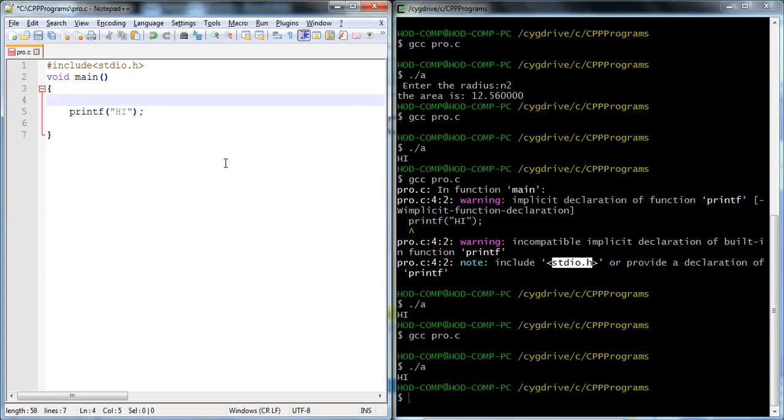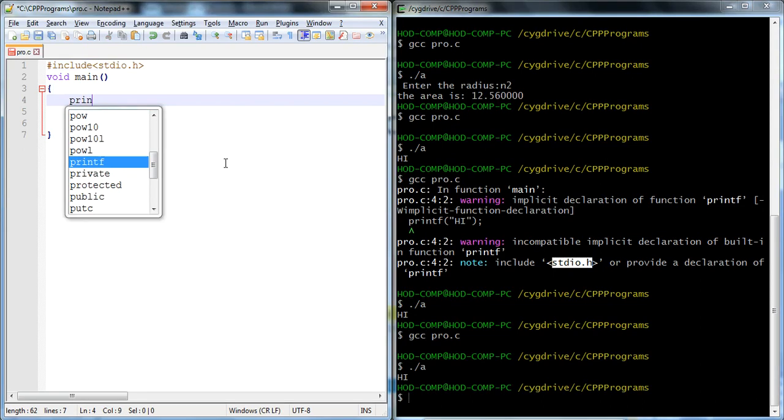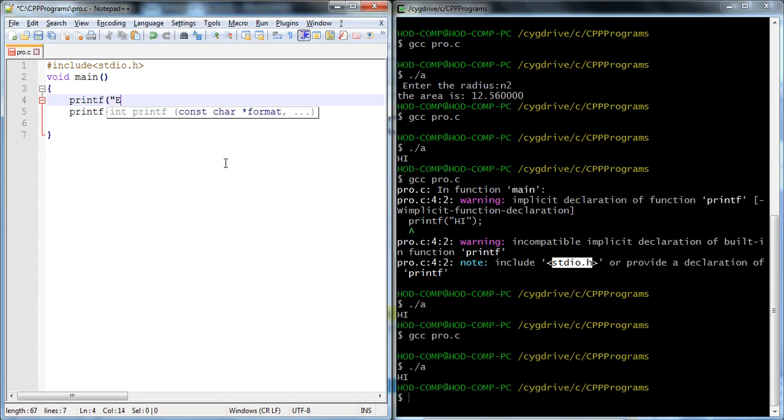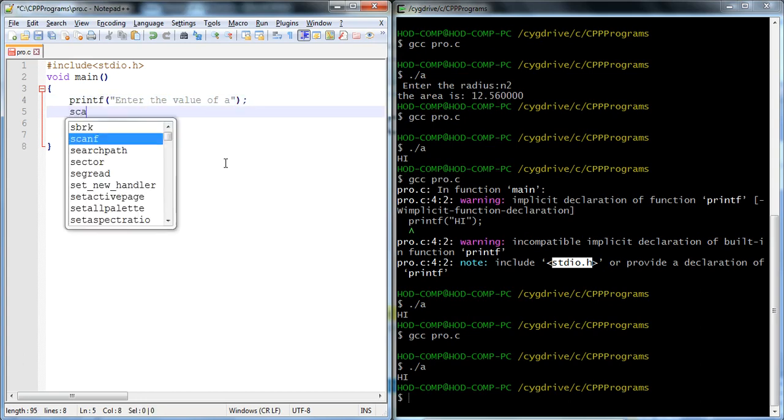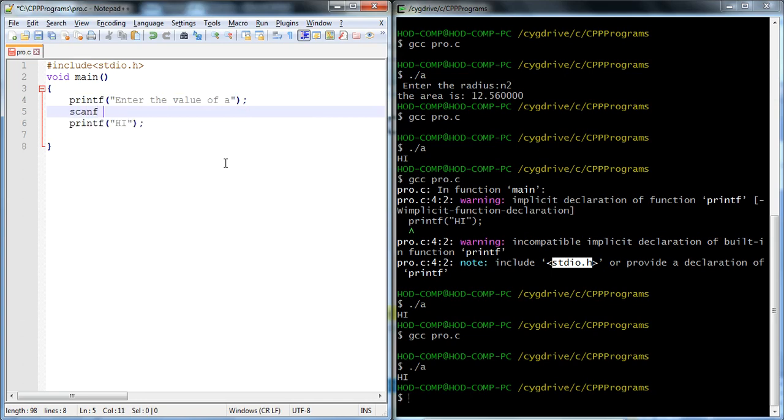This is the use of stdio related to printf, right? If we want to get a value from the user, like printf, enter the value of a, which takes a value of a from the user and prints it. Now save, enter, scanf. Now %d, this is the way to write the code to get the value from the user, right?